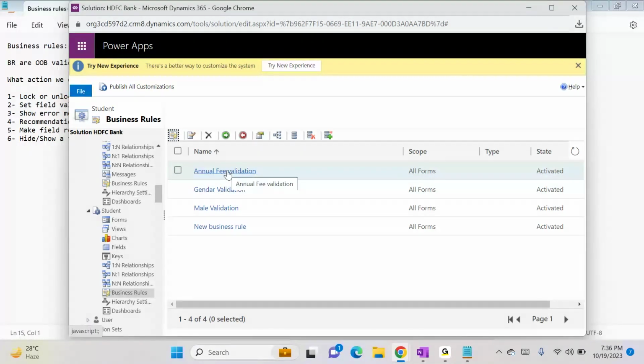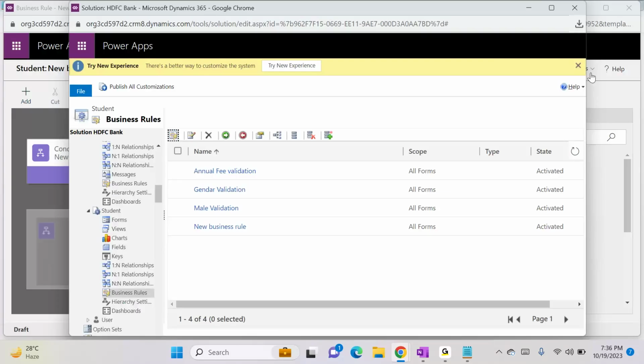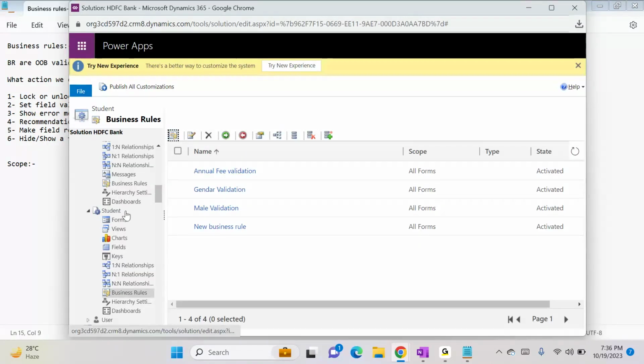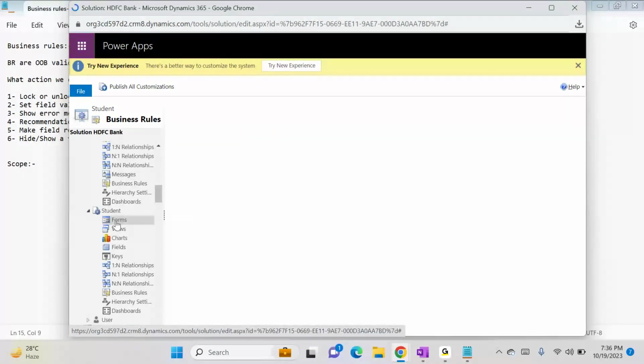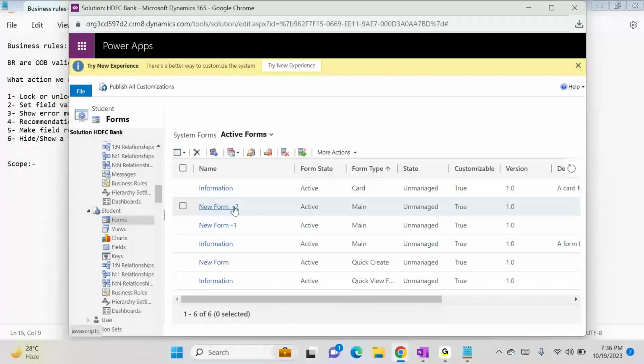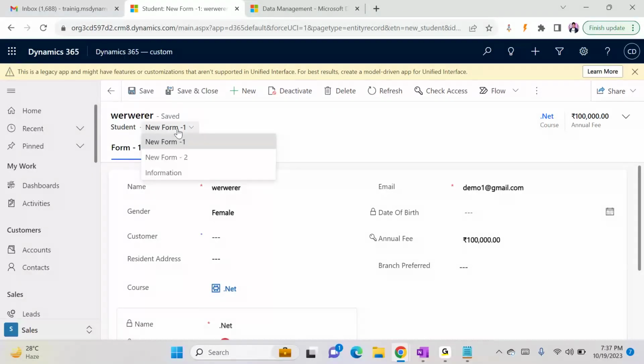Now we have something called scope here. This is very important. What is scope? Let's see, you have multiple main forms here. If I select forms, we have main form 1, main form 2, and the information main form. Three main forms we have. If I switch to another form,